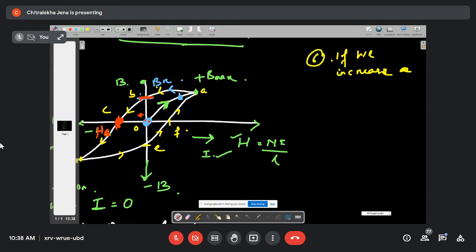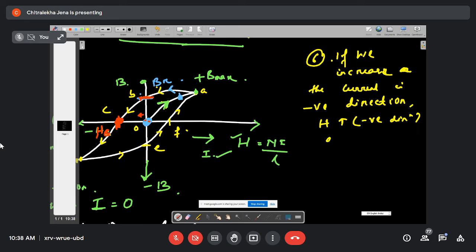Now, if we increase the current in the negative direction, then H will increase in the negative direction, and B will also increase,